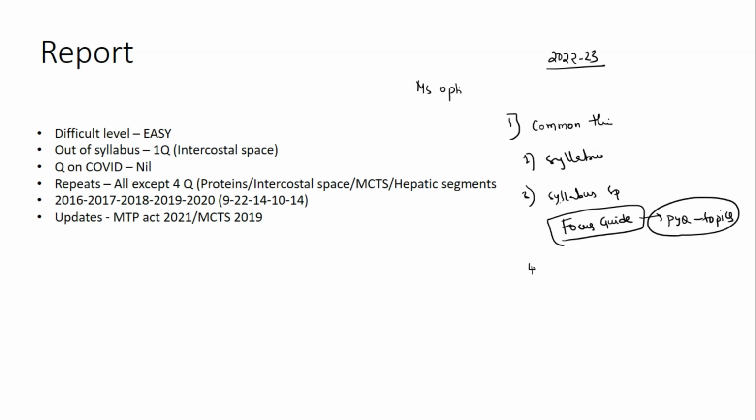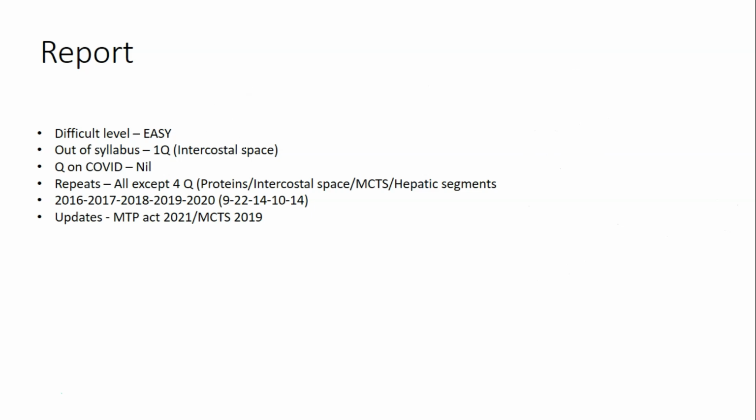Now, the fourth thing is that the last 5 years' papers are at least a must if you want a good grade. And the fifth and foremost is the test series. Even though a question looks familiar to you, even though it's a repeat, even though I have discussed it in the class or given you notes, unless you write it for the given weightage of 10 marks or 20 marks, even the brightest of the students this year face difficulty in